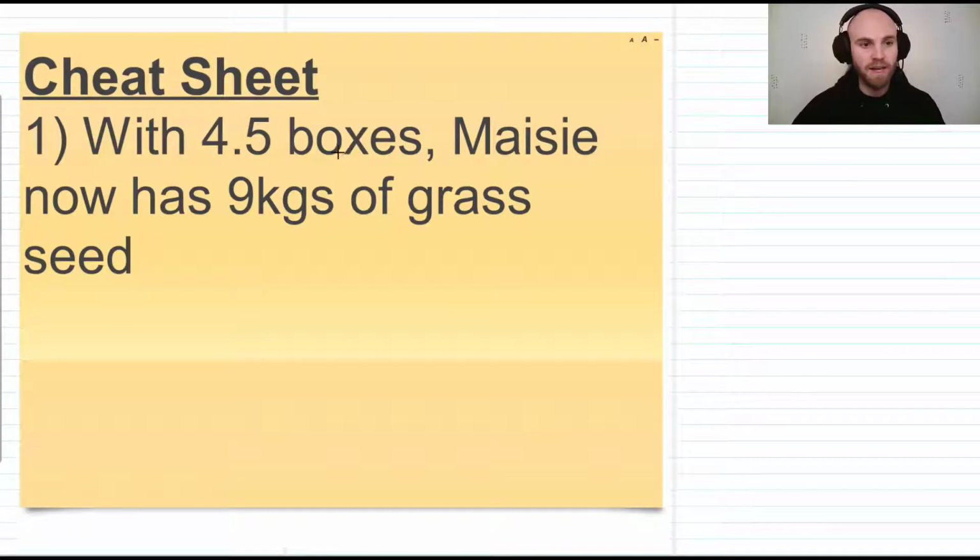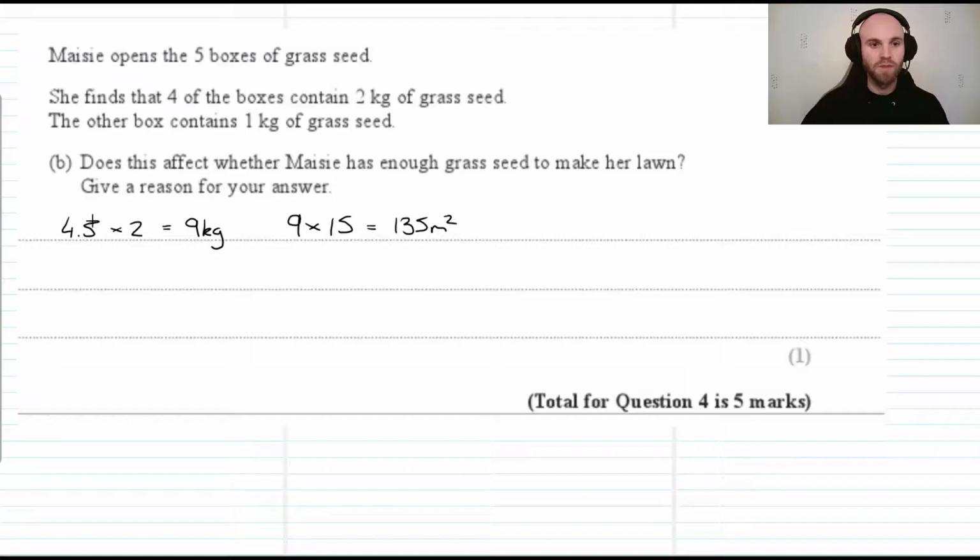So if we go to the cheat sheet, she's now going to have 4.5 boxes because she has 4 whole boxes and 1 half a box. So she has 4.5 boxes. So Maisie now has 9 kilograms of grass seed, not 10 kilograms of grass seed. So we know that 4.5 boxes of 2 kilograms of grass seed are going to give us 9 kilograms of